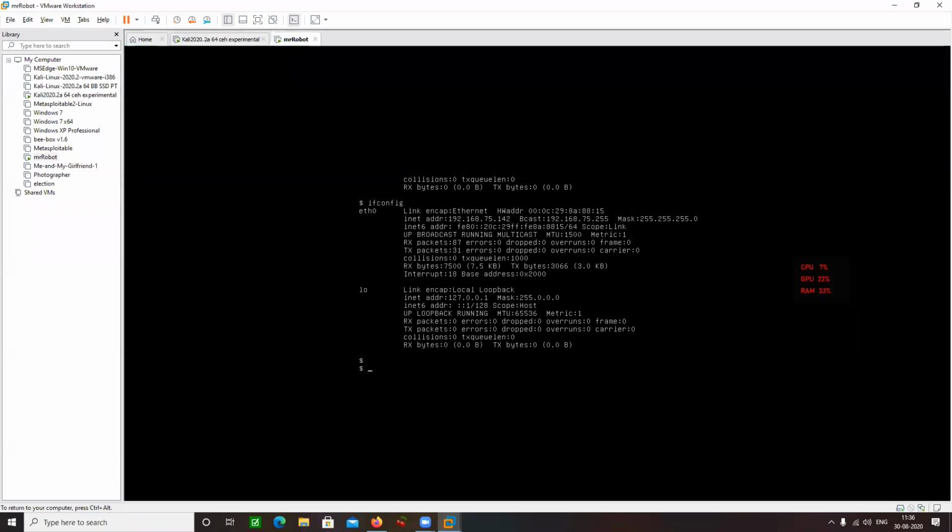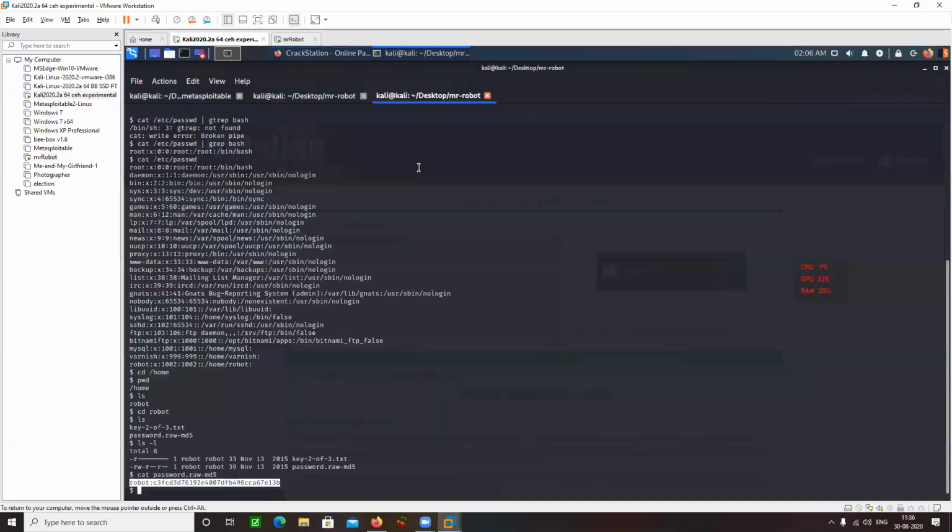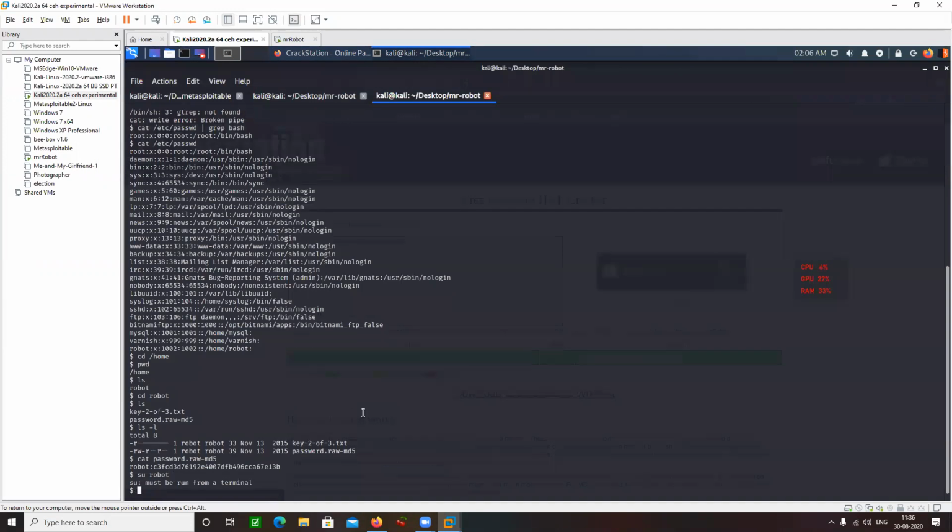But let's say I want to escalate my privileges here. So what I'm going to do is su robot. su must be run from a terminal, so let me try to upgrade this shell to a TTY. Let me see if Python is available here.